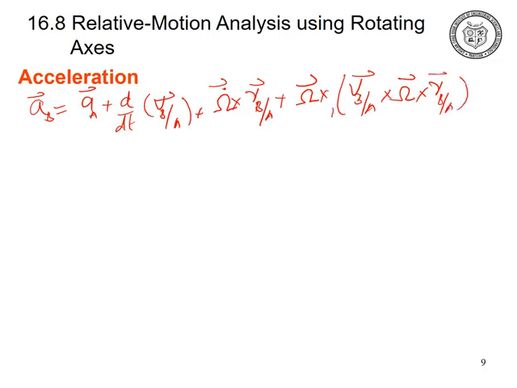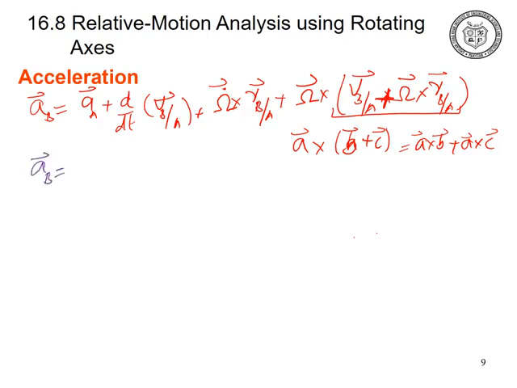So this is the term that we derived in the derivation of the velocity. So as we know that A cross (B plus C) equals A cross B plus A cross C, this is the property of the cross product. So by using this property, the above equation becomes